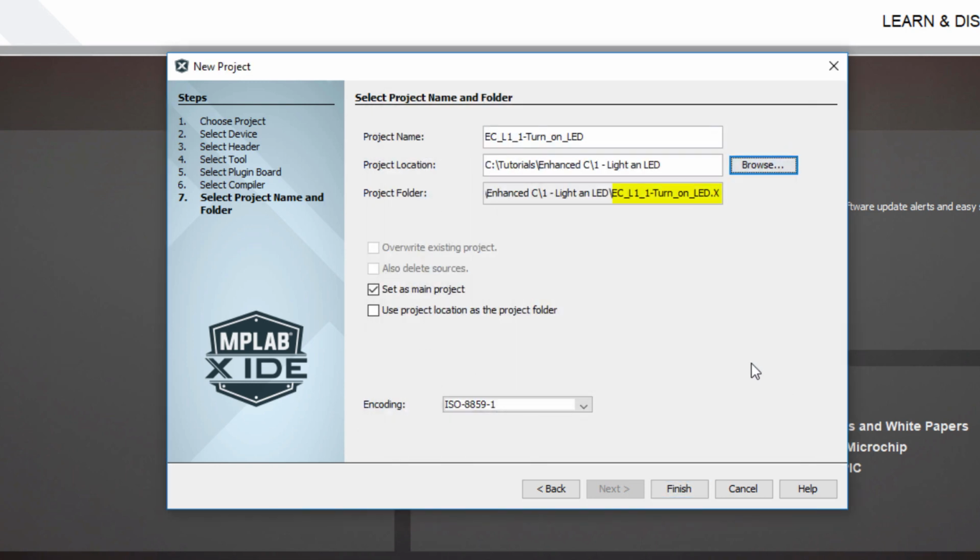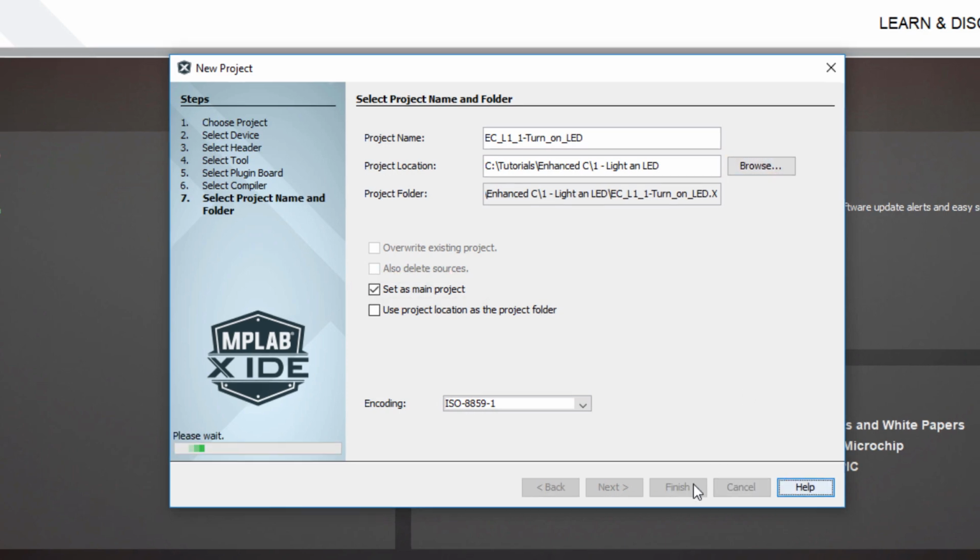By default, MPLAB X creates a separate .x folder for its project files, unless you select otherwise. I think it's needed to keep the MPLAB files separate, so I'll keep the default. And, since we have only one project, I'll select it as the main and only project. After you click Finish,